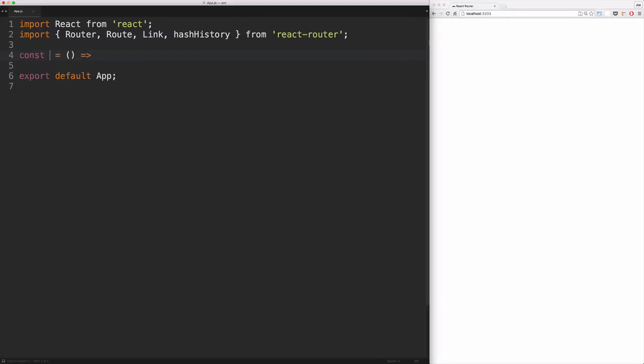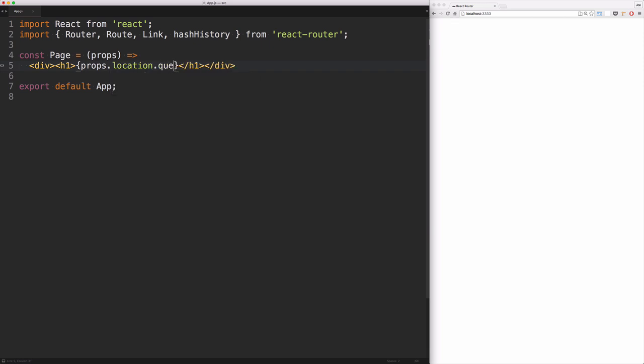React Router allows us to pass in query strings as props to any component that's going to be rendered at a specific route. So here I'm creating a quick component called page. It's simply going to return a div with an h1. And to get at a query string, we're going to use